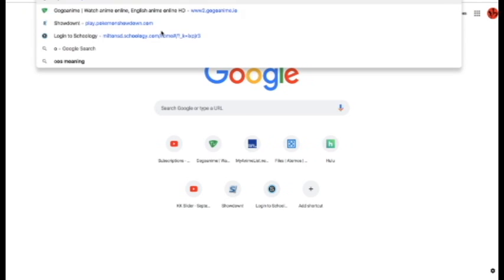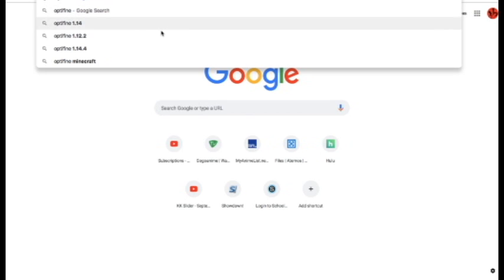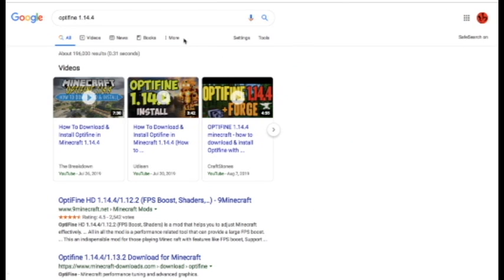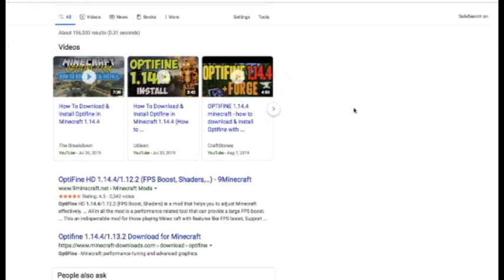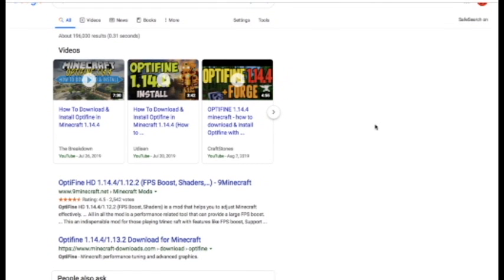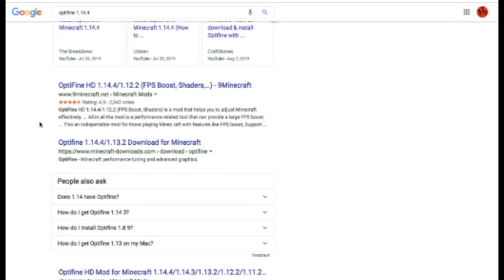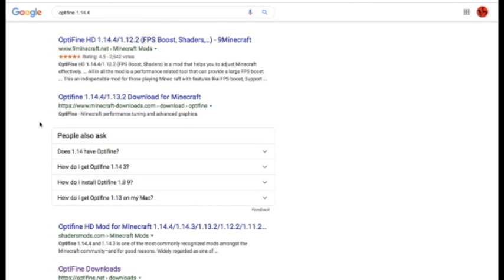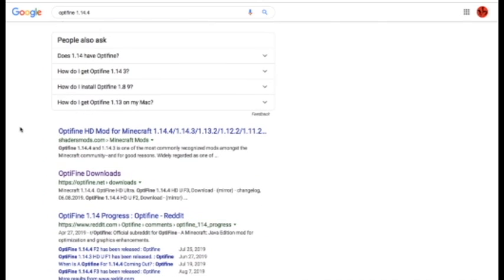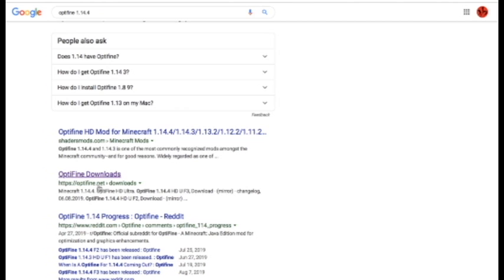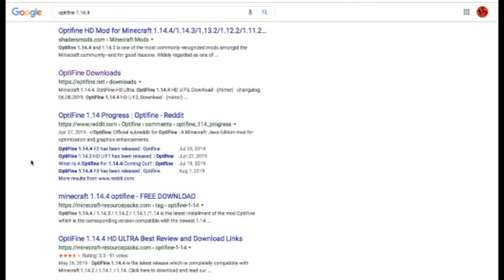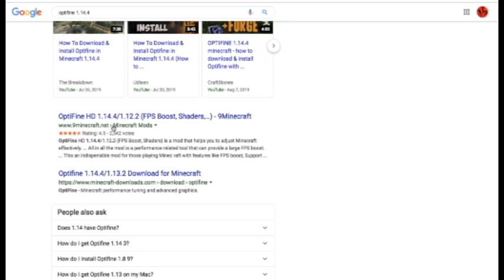Alright, this is going to be my tutorial on downloading Optifine and shaders. So, Optifine is pretty simple, you can pretty much just look it up. It depends what version you want. You probably want 1.14.4, and you can find tutorials online all over. But you can find it on lots of websites, like 9Minecraft is a pretty popular one. You can get it just from their website, and there's just tons of places, but if you go to